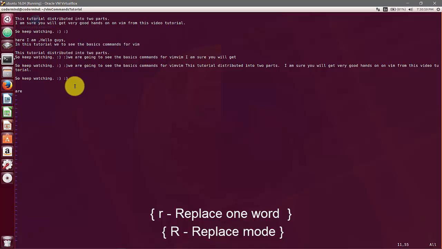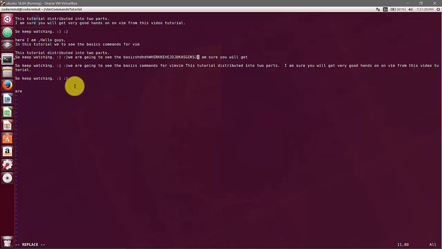This will replace it. Now if you want to go into replace mode, go into command mode and press capital R. From here, whatever I write will automatically replace the existing text. To exit from this mode, you have to press escape.